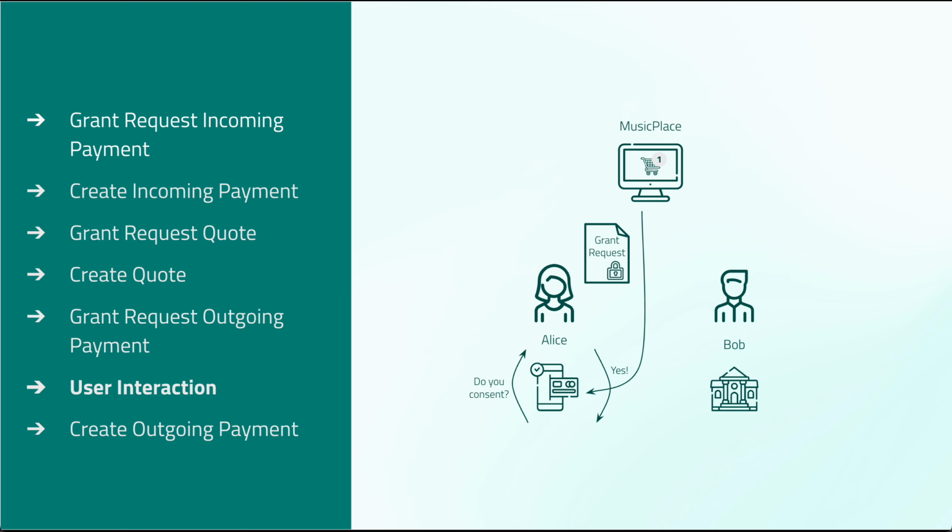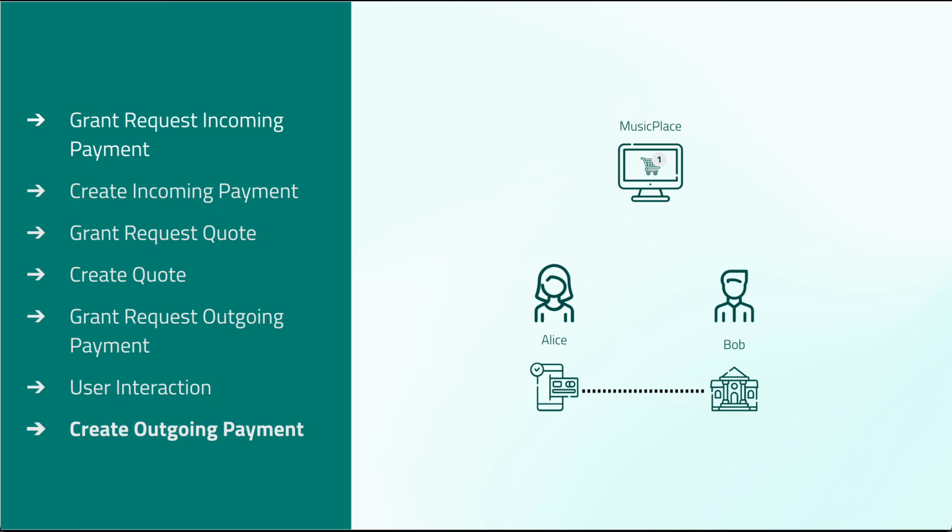So she'll most likely see a screen on her page saying, do you accept Music Place withdrawing this amount of money? So maybe €5, and maybe a little more than €5 because of fees. And then she'll be able to specify, yes, that is okay. And once that's happened, once she's authorized the payment, Music Place will go ahead and create the final resource, essentially the outgoing payment, and will finally